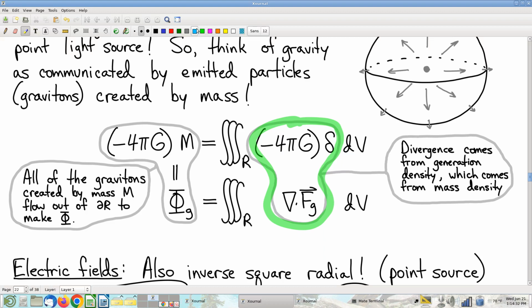What this tells us is that gravitational divergence comes directly, indirectly, however you want to say it, it comes from mass density. There are constants involved as well. But the more density of mass there is, the more divergence of gravitational field there will be. And let me try to explain why this is a jaw-dropping equation. If you were to try to get this result directly without using really clever observations, such as what we made here,